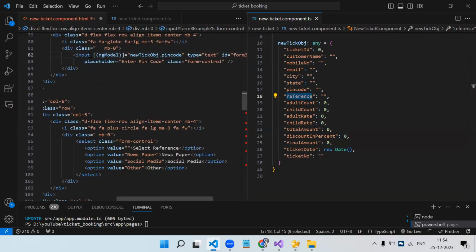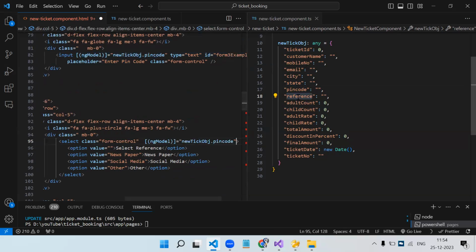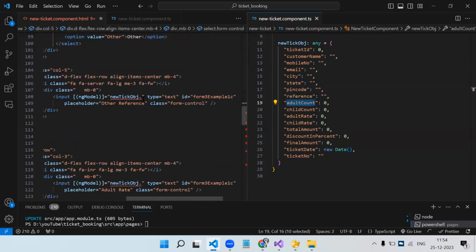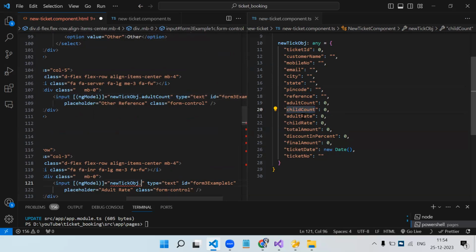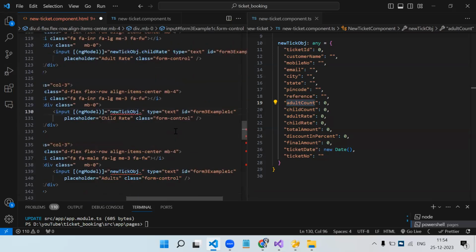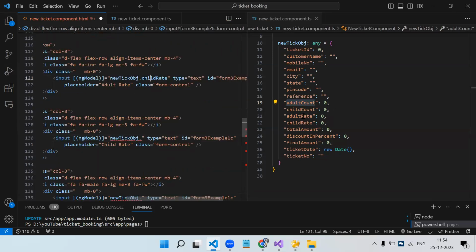Now we have the drop down. So let me just copy this one more time, paste it over here. In the reference field, we have to add it over here. Then the adult part, child count. Okay, sorry, this is rate. Adult rate over here, child rate over here. Sorry, something is wrong. Adult rate over here, then child rate over here,